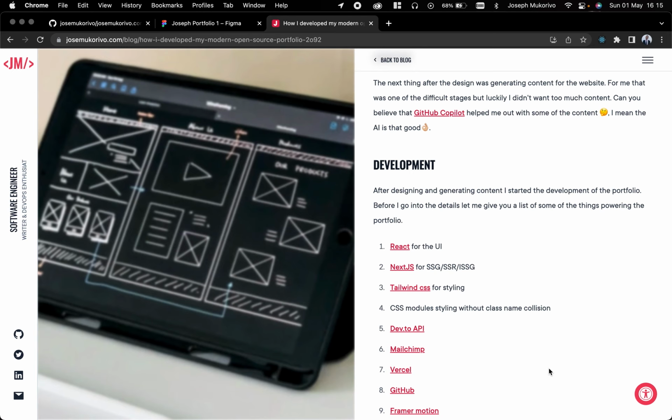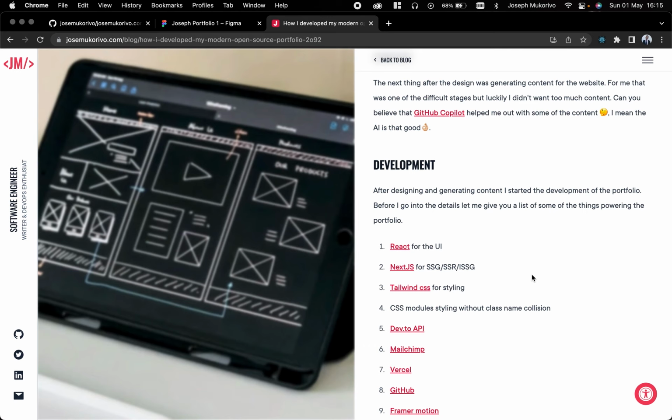I'm using React here, and then there's Next.js to make sure my website is very fast. I like how Next.js is introduced on their website. They say it's a framework for production applications, which for me is quite true because there are a lot of things that Next.js is doing for you, like code splitting, optimizing images, and server-side